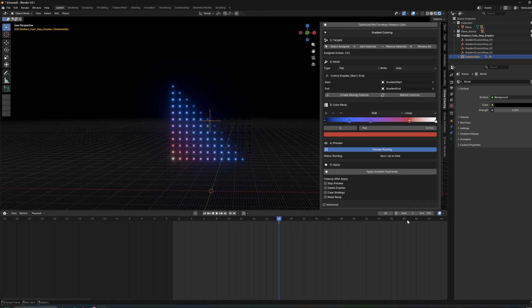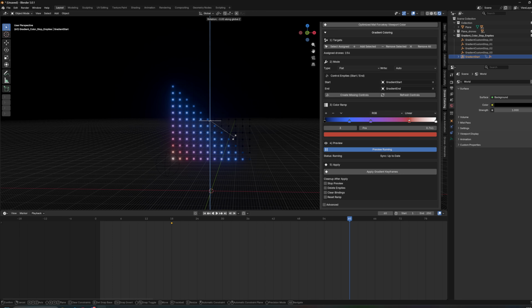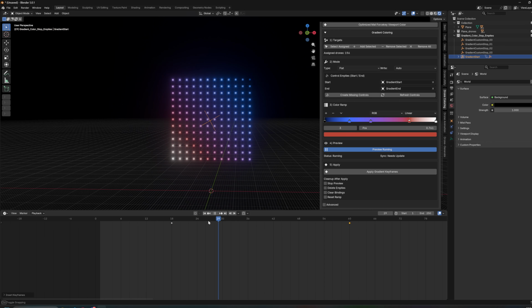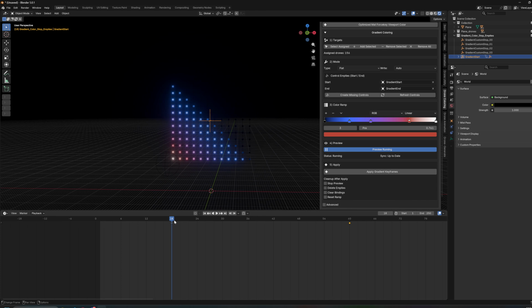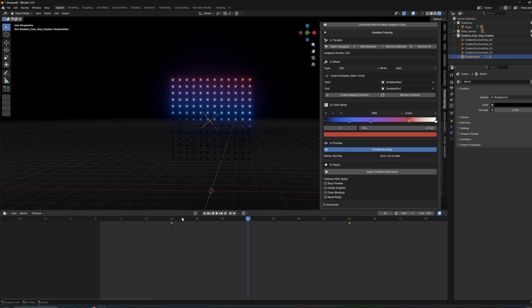Let's go like 60 frames farther, and rotate it on Y, let's say 360, so a full rotation. Then we will add keyframe here, all channels. And it's really a bit hard to preview because it's going back and forth